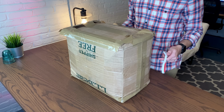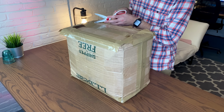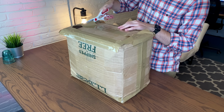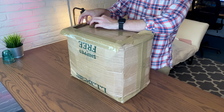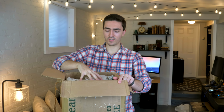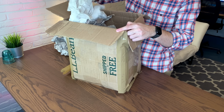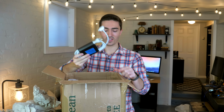But for now, we're going to move on to the mystery box that contains Apple products that I don't know what they are. So let's find out. Now this box looks like it's a little bit worse for wear. It's not exactly the most securely packaged here. It looks like it got beaten up in shipping a little bit, but that's all right. Wow, this box is really falling apart at the seams here, but we've got some paper, got some more paper. Oh, I see some bags. All right, well, we've got a power extension,